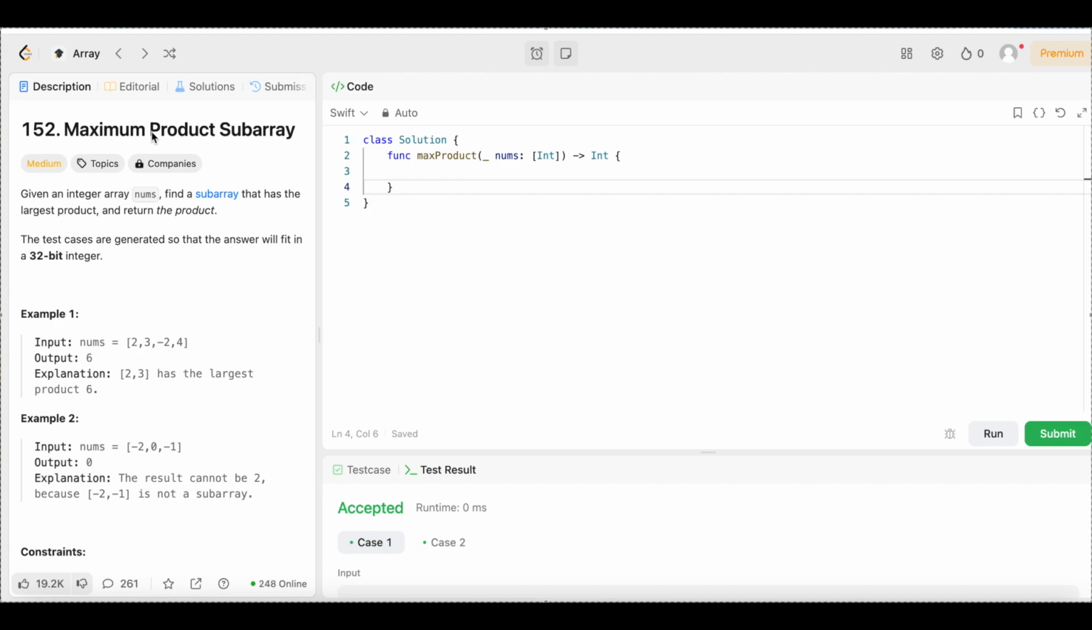All right, y'all, we're back again, another day, another LeetCode problem where we're doing daily LeetCode problems. And today we have question number 152, maximum product subarray. The difficulty level is medium, but don't worry because we're going to keep the solution as simple and easy to